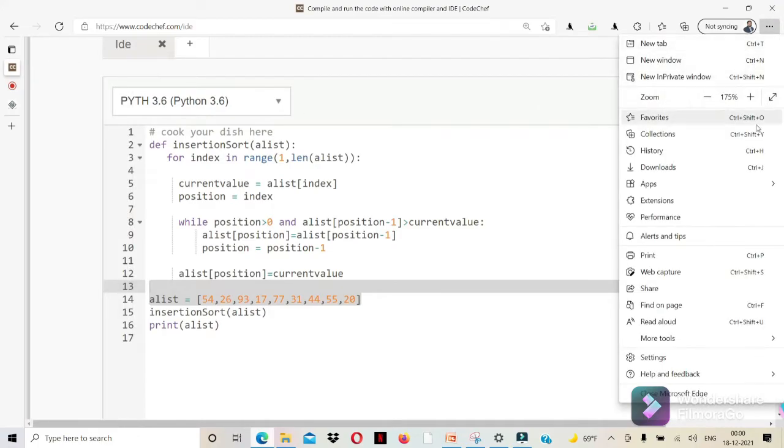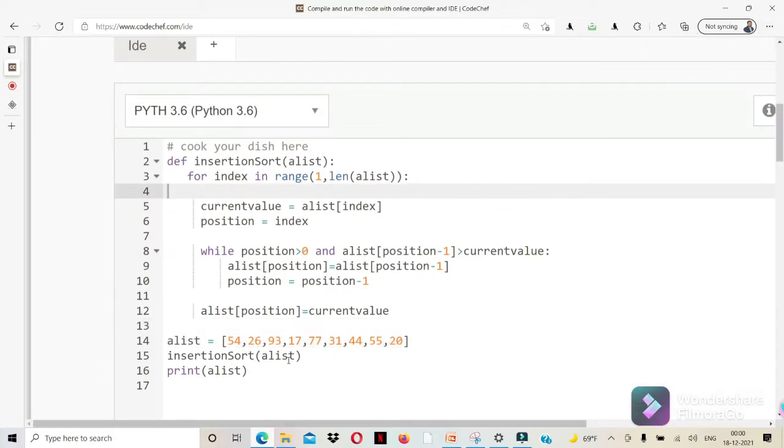So friends, you observe here, the code is written in the Python language. I already took a list, and I am calling the insertion sort method and passing that list as an argument to it. So it transfers control to the insertion sort method. There I am navigating from the first index, that means the second element, to the last index of the array. So here the index is 1 for the first time.